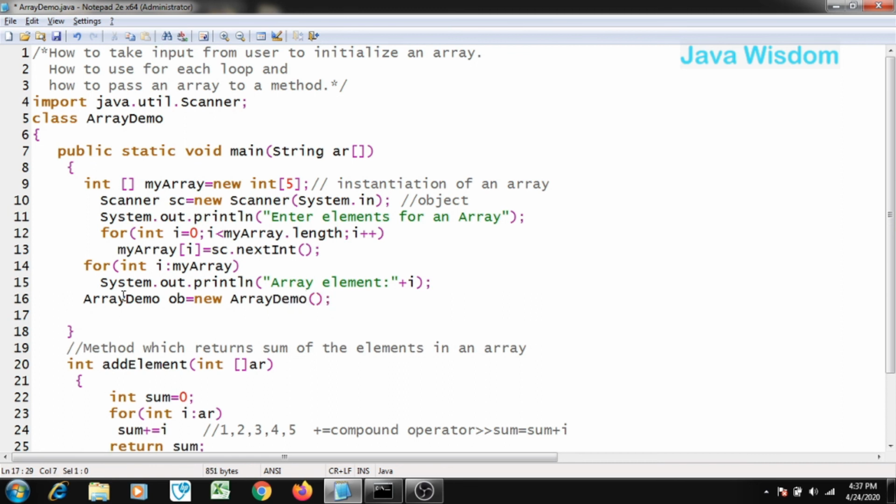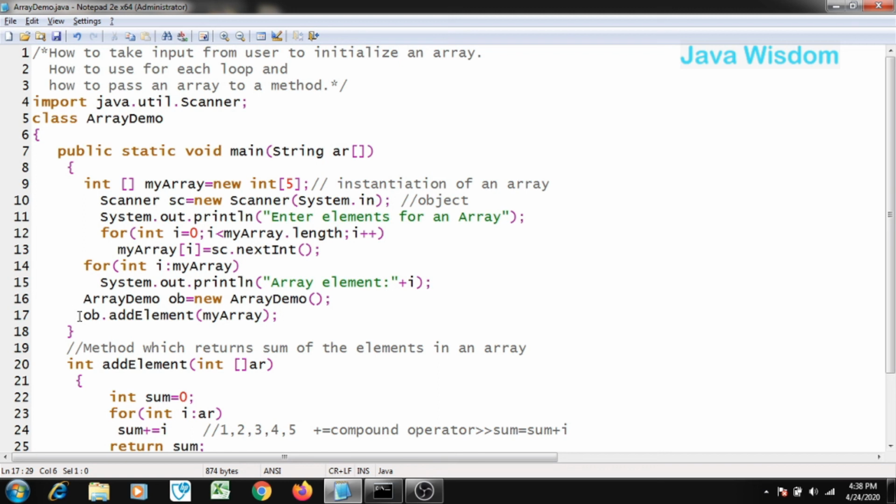After that you just call this function add element. To pass the array, you have to pass only the name of the array, my array. You don't need to give brackets and all. That's it. Now it is going to return the sum of the array elements.